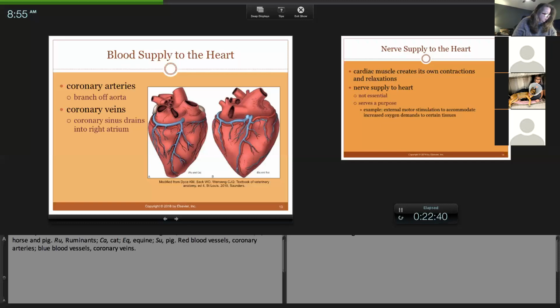For 24, arteries carry oxygenated blood away from the heart. Artery away, AA, artery away. And then the exception to this, 25, is the pulmonary artery. And then 26, veins carry deoxygenated blood towards the heart. The exception is the pulmonary vein. So I think we've covered that, unless you have a question, or you can bop in with a question.